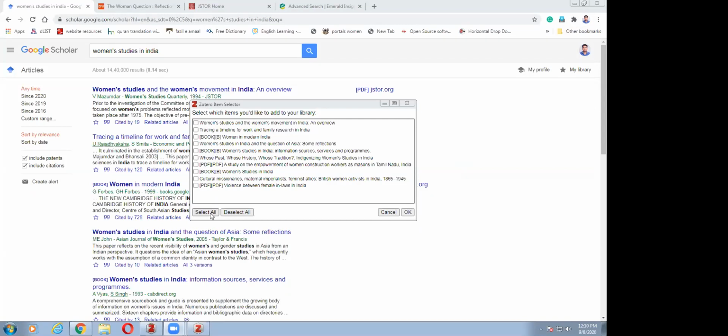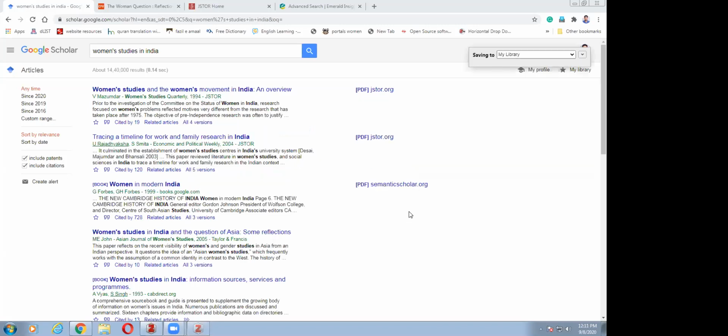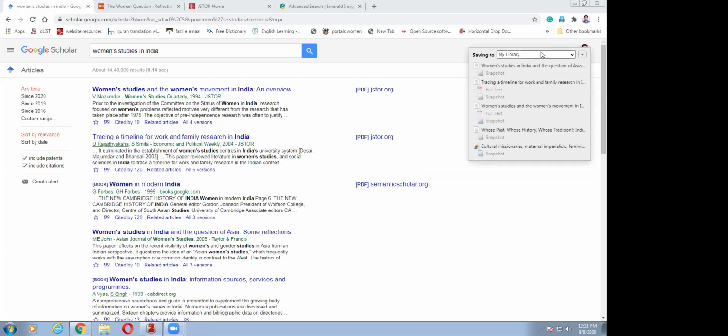Either you click on select all, or you can choose the articles you like. Suppose I'm just selecting four or five and say OK. It will start saving these articles into my Zotero.